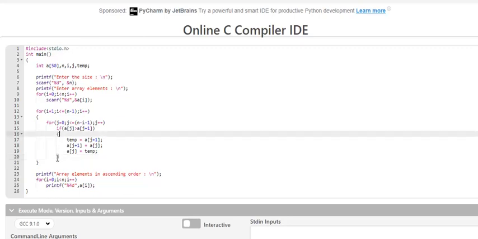That is the beginning of the true block, there is no false block. And after this for loop, we have the output.